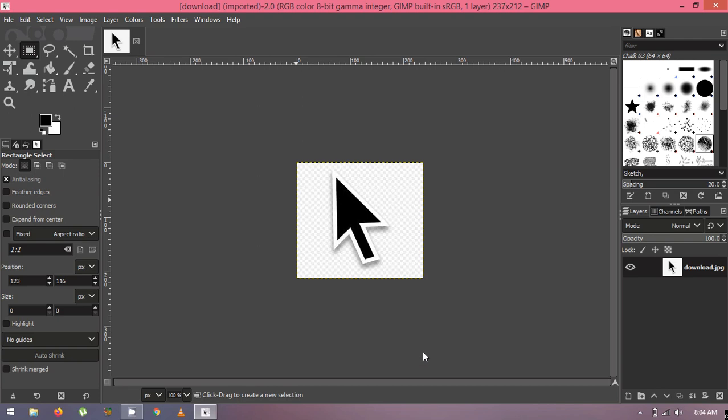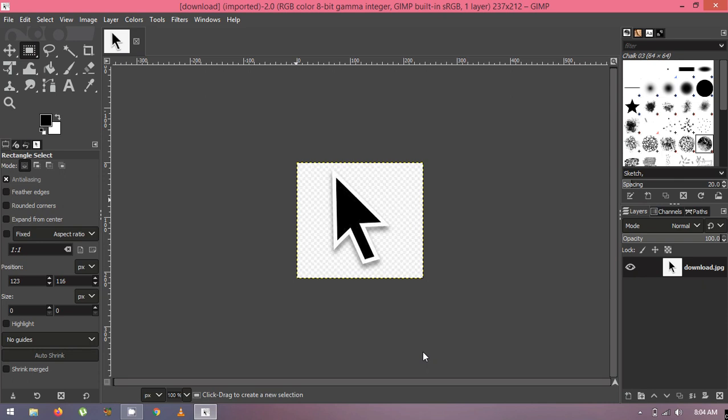Now the first tool that we are going to discuss is Zoom tool. As we have learned in MS Paint as well, Zoom tool or the magnifier tool is used to help us zoom the picture or to see the larger view of the picture.